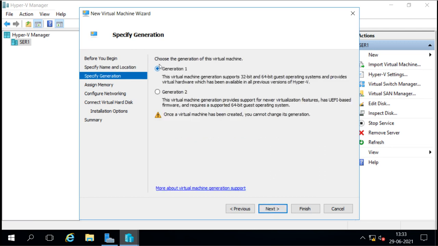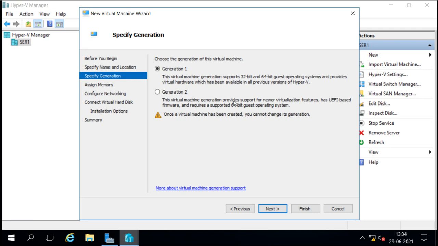Now here we have to select which generation you want to create, generation 1 or generation 2. Whatever generation you want, you can select here. And remember, it says that once your virtual machine has been created, you cannot change its generation. Generation 1 supports 32-bit and 64-bit guest operating systems and provides a virtual machine which has been available in all previous versions of Hyper-V.